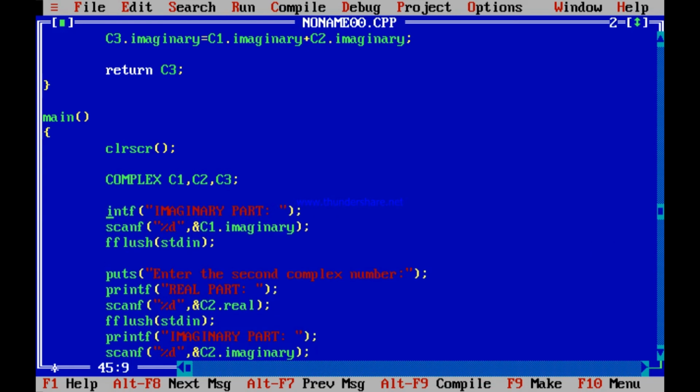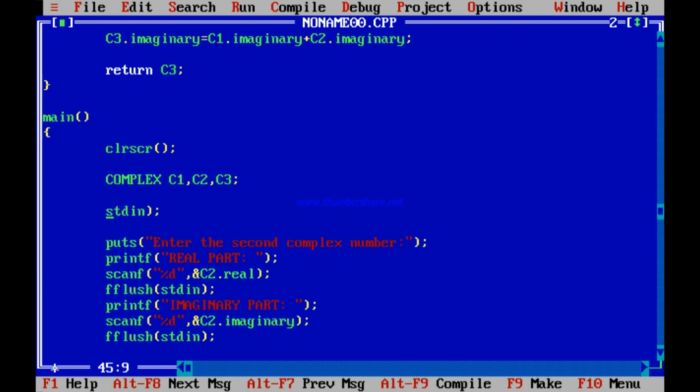Instead, this C1, how to get this C1, I expect that there will be a getComplex function. If I call that getComplex function, then that getComplex function will return me the variable C1.